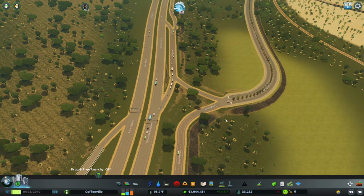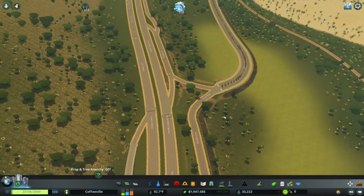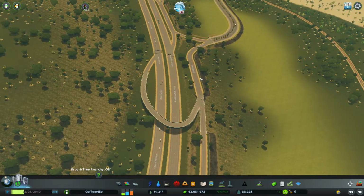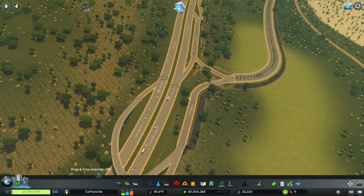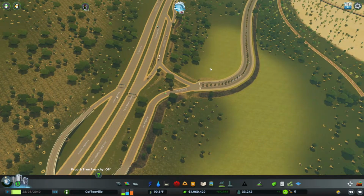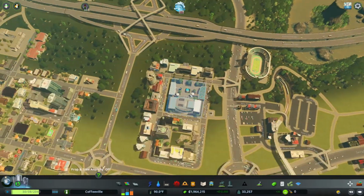Yeah, so they're all sort of figuring it out. And then I'm sure people will start taking this. We've actually got some people there, but they might be coming from this way. I'm not sure yet. Okay, yeah, so we got people taking it. Good, good, good. I think it's going to work. Here we have a contender. So yeah, they seem to be figuring it out. They were actually taking this way, hilariously, to get back onto there, so that's goofy. But I'll take it. Alright, so that should, in theory, within a little bit, help this area become a little